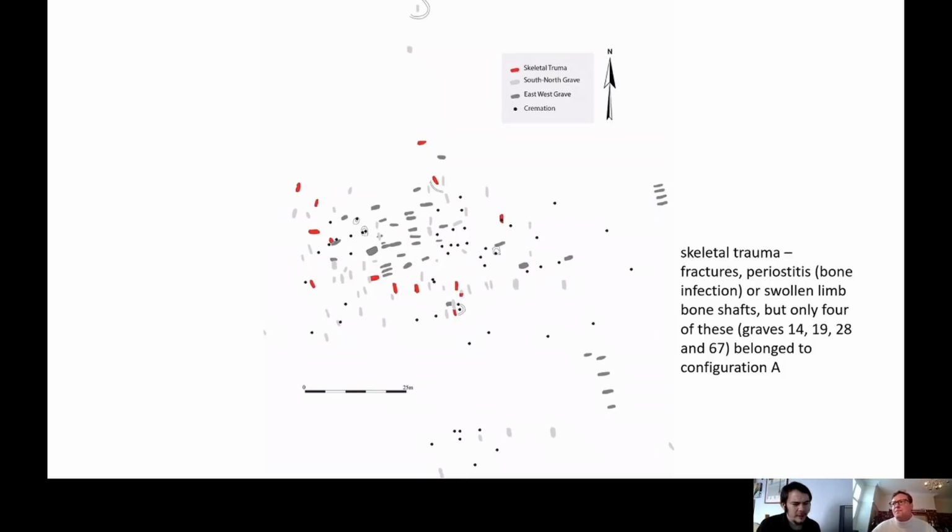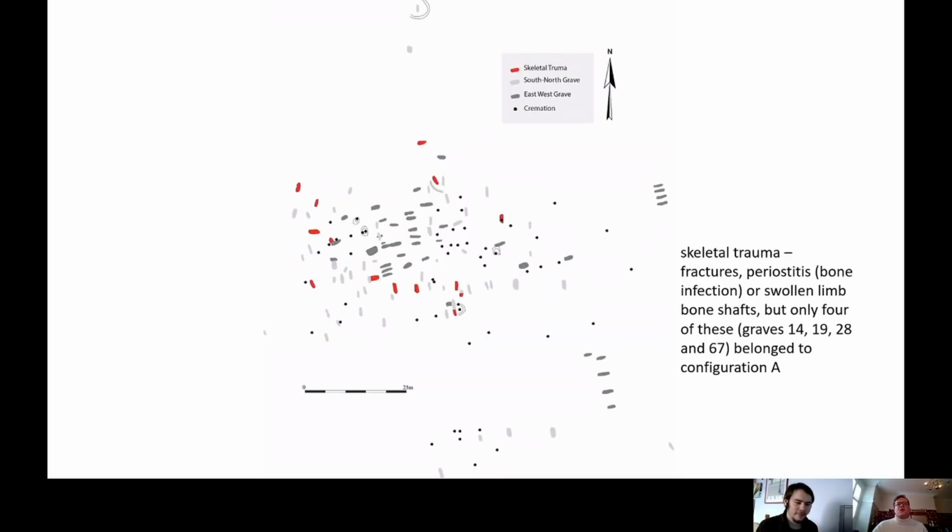Isn't it? You think that trauma would be associated with age, that people pick up more trauma over longer lives, but perhaps the point is that they live different lives, and that's really what I wanted to use skeletal trauma to do in this. The problem with studying skeletal trauma is that individuals live different lives and they have different things happen to them. So it's very difficult to say, well, there are 15 broken bones in this part of the cemetery and none in this part of the cemetery.